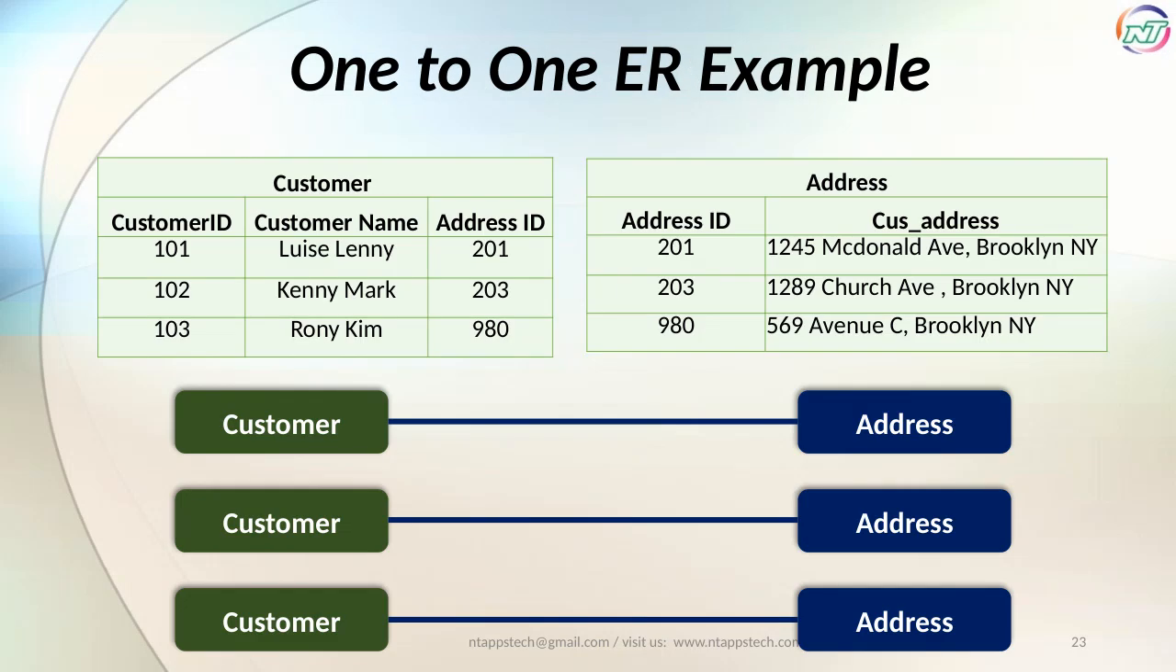In this example, we see a one-to-one relationship between the customer and address tables. Each customer has a unique customer ID, and each address entry has a corresponding address ID. The key point here is that every customer is linked to exactly one address, and each address belongs to only